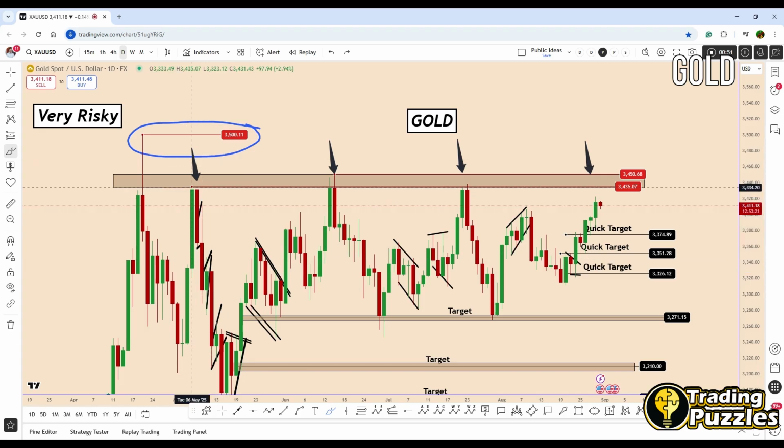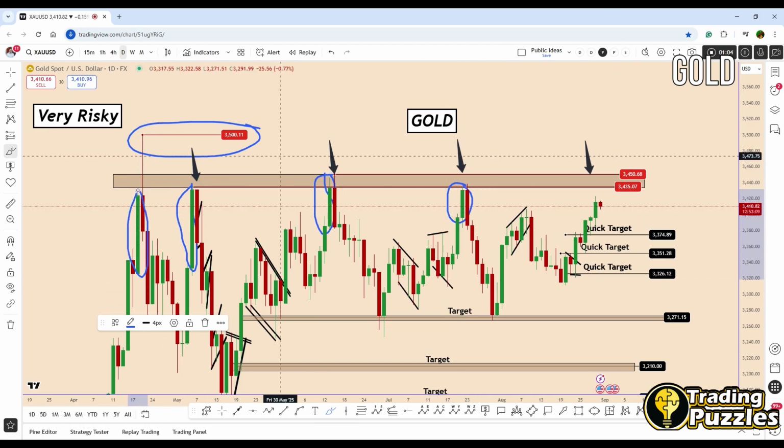I would like to focus on this area here. Look at how strong candle it was, this one. Look at this bullish candle. These are all bullish candles, and look at this one here. All the previous candles were bullish, and after that we saw very strong reversals. But what happened? The first one didn't have history, so this was the first candle that was created.